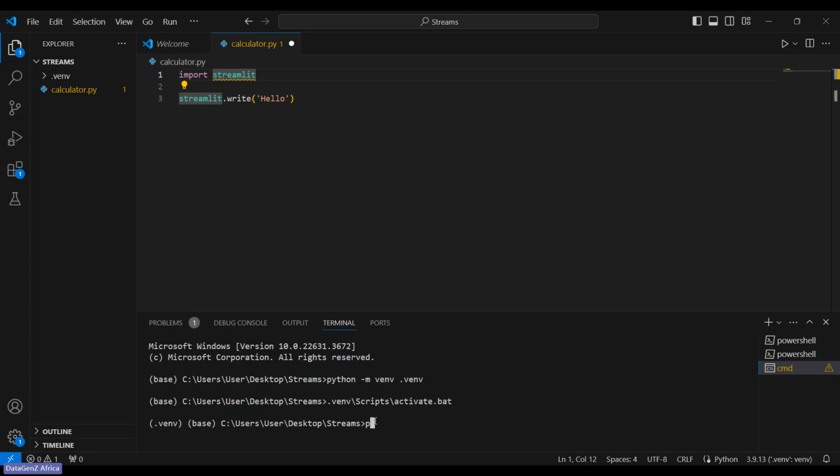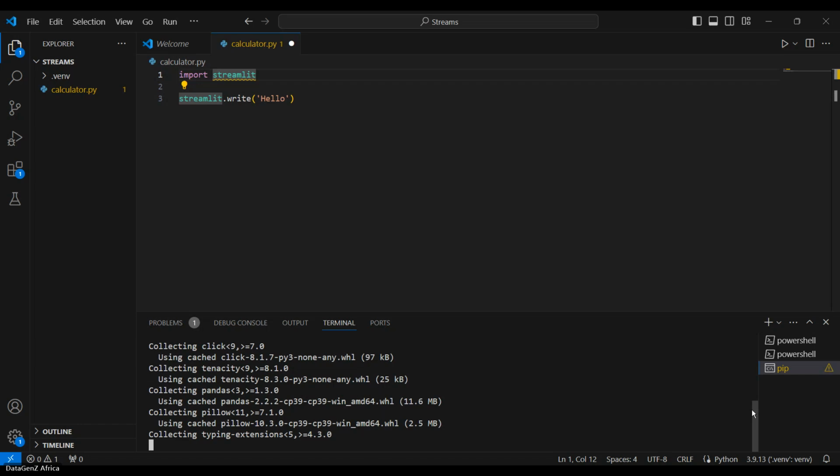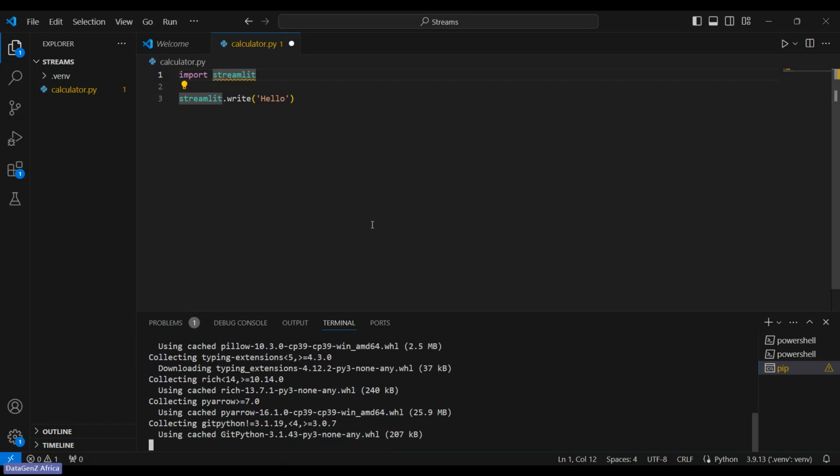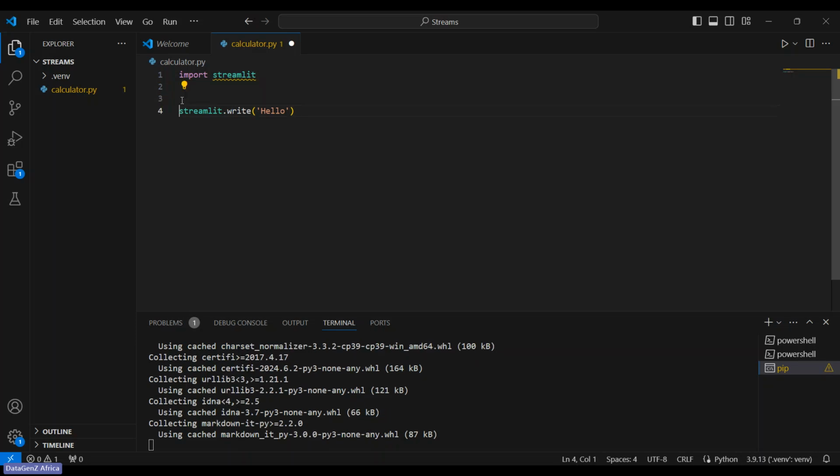The first thing I want to do is pip install Streamlit. If your pandas, your numpy is not installed, you can do the installation here. That's if you are using VS Code or any other package. So when you do pip install Streamlit, your installation begins. And I hope that I have a very fast network. While the installation is going on, I can just begin to set up my